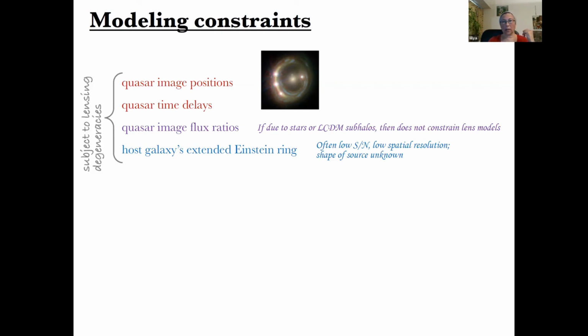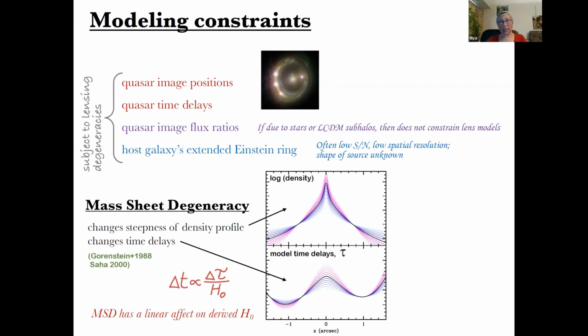All of these are lensing observables, and so they're subject to lensing degeneracies. And the most famous of the lensing degeneracies is the so-called mass sheet degeneracy. Now, this is an exact mathematical degeneracy, but what is actually a problem for lensing is not the exact version of it, but the approximate mass sheet degeneracy. And that can be summarized by calling it a steepness degeneracy, because what it does, in effect, is change how steep the mass distribution